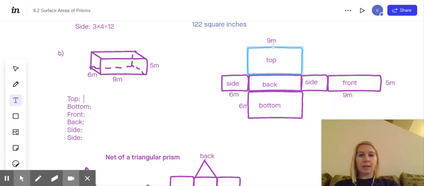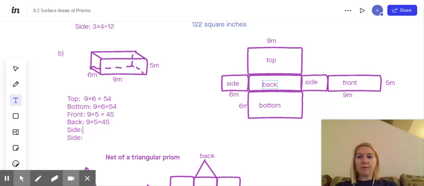So base is 9. And the height, well, if the bottom is 6 inches, then this one is also 6 inches. So 9 times 6. I know that's 54. Okay, and the bottom would also be 9 times 6, which is 54. And the front, the base is 9 times 5. So right here's the front on our rectangular prism, and then here's the front on our net. And I know 9 times 5 is 45. And the back is going to be the same dimension, so 9 times 5